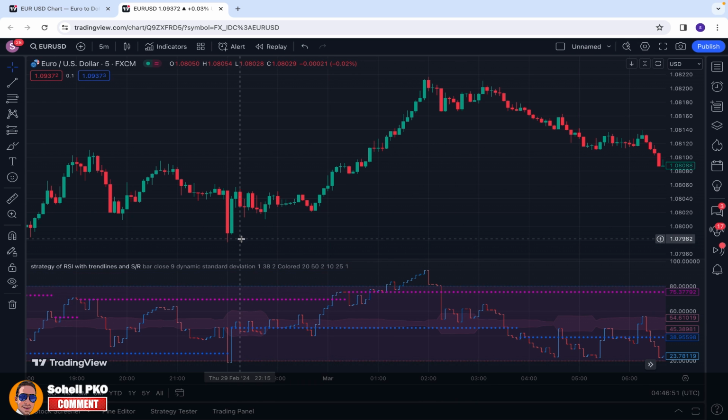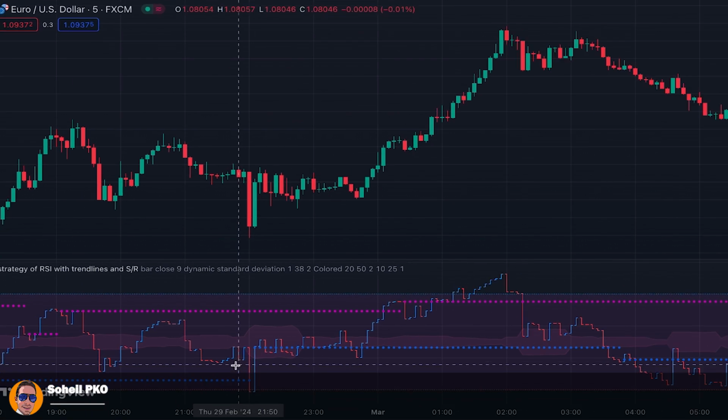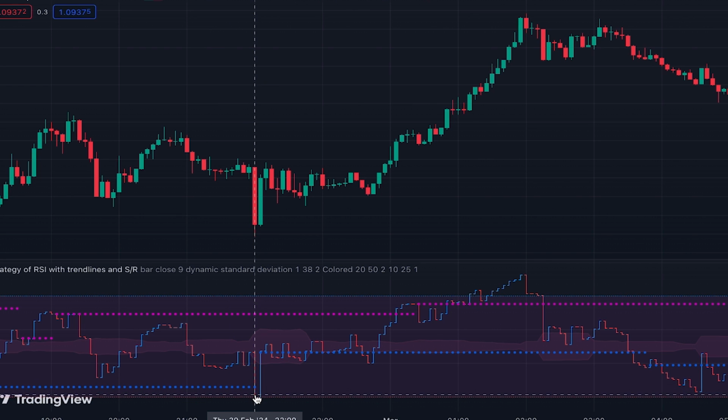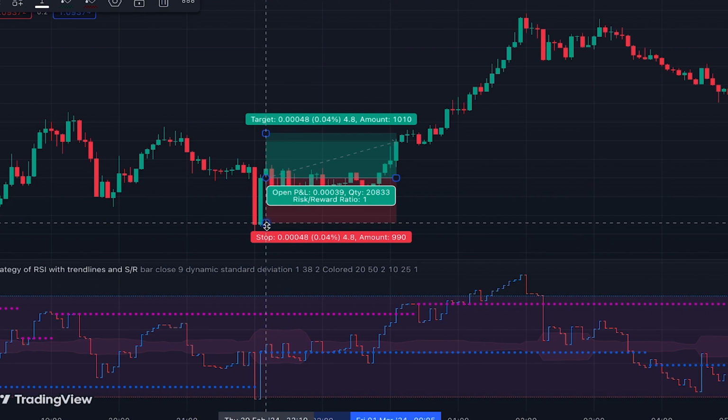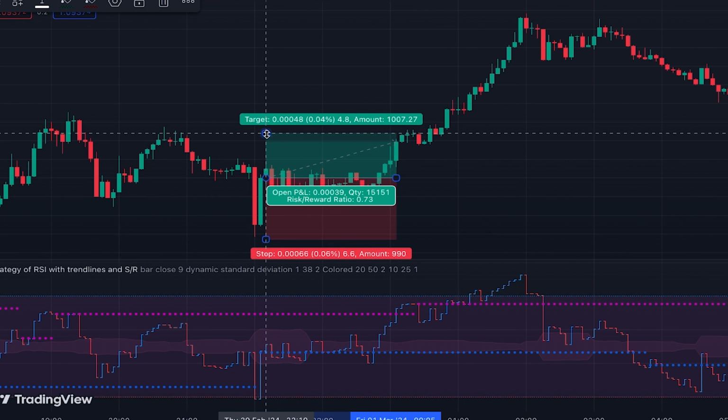Alright, in this strategy we wait for the times that RSI breaks the support or resistance levels and then it becomes oversold or overbought. For example, here you can see that RSI broke the support level and then it went below 20. When we have this situation, we have high probability that the RSI will go back above the broken level and then advances in this direction. When RSI turns back in the middle part and closes above the broken level, which happened here at this point, our buy signal is confirmed and we can enter a long position here as this new candle is opened. The stop loss for this trade is placed below the previous swing low and the profit target at 1.5 risk